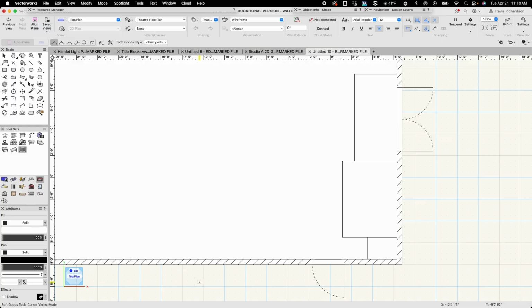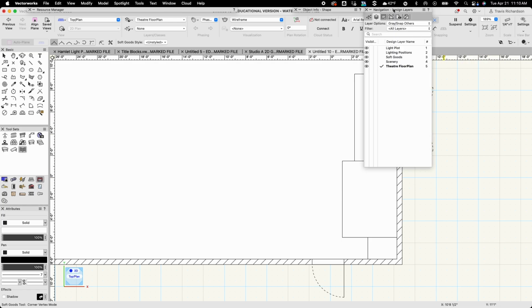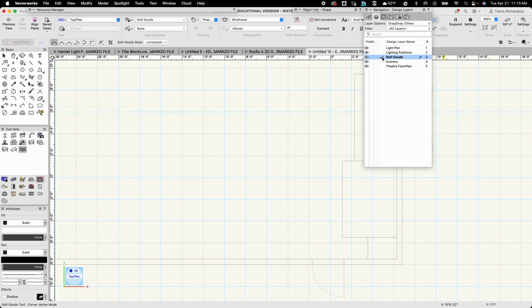From here, I'm ready to start drawing my curtains, but I need to make sure that I draw them on the correct layer. There's a couple of different ways that I can do that. I can come up to my navigation palette and hover over it to expand it. Currently, Theater Floor Plan has a check mark next to it because that's the layer I'm on, and I want to draw it on the soft goods layer. So I'm just going to click in the column next to that, and it will change which layer